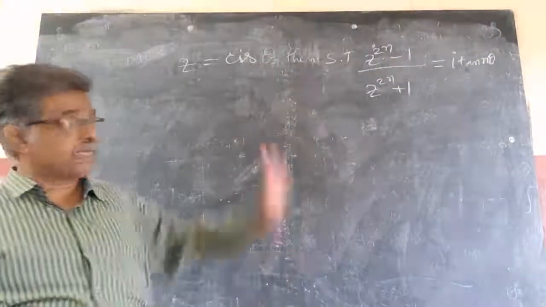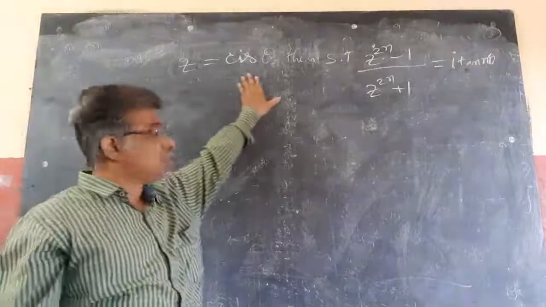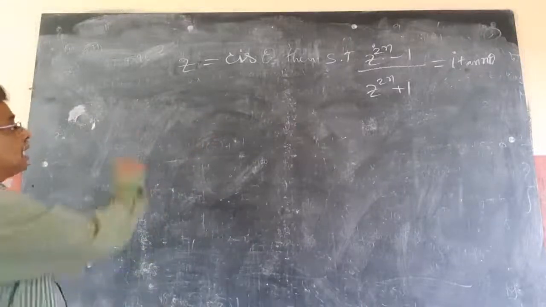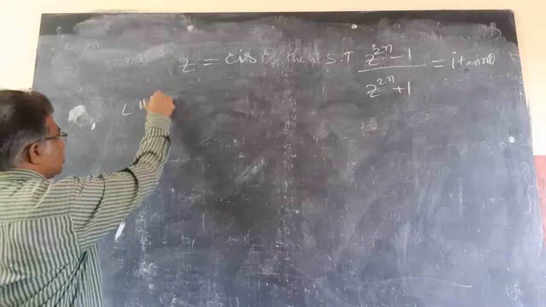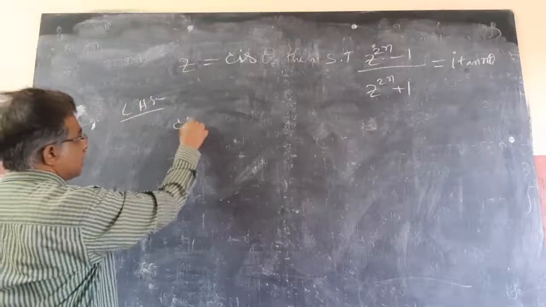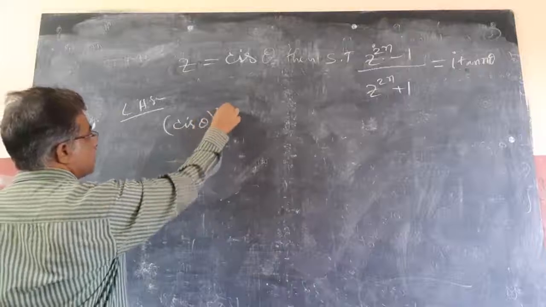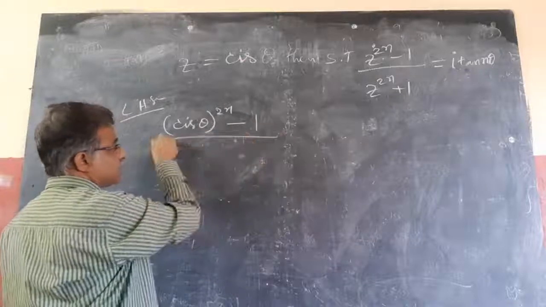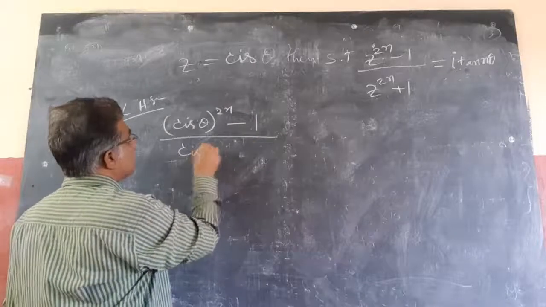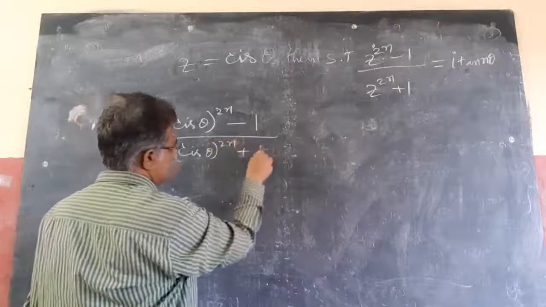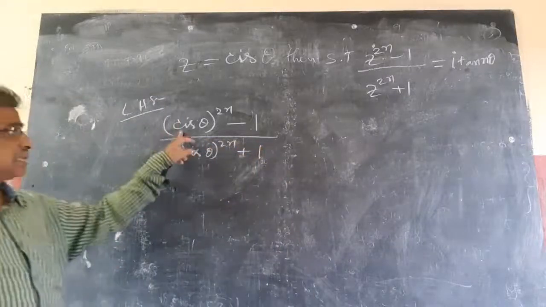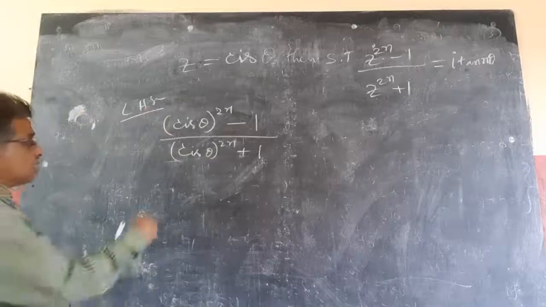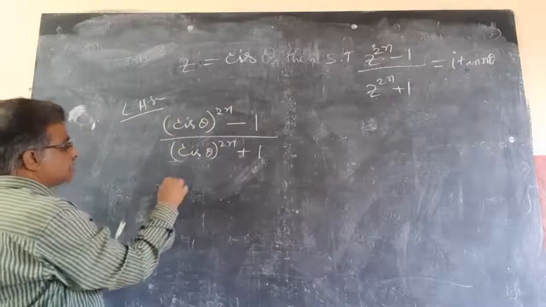He is giving n is an integer and z is a complex number z equal to cos theta plus i sin theta, he himself giving. Then he is asking to do that. Very simple sum. Take LHS. (cos theta plus i sin theta) whole power 2n minus 1 by (cos theta plus i sin theta) whole power 2n plus 1. That's it. Simple. Now, with the (cos theta plus i sin theta) whole power n, according to De Moivre's theorem, it is cos n theta plus i sin n theta. So, I will expand according to De Moivre's theorem.